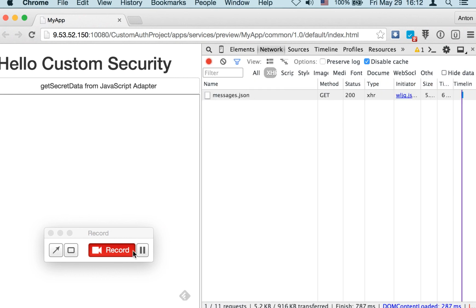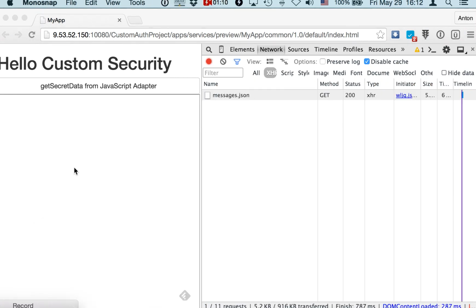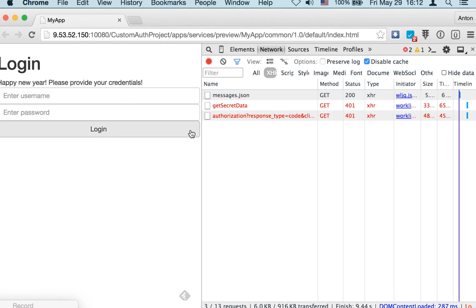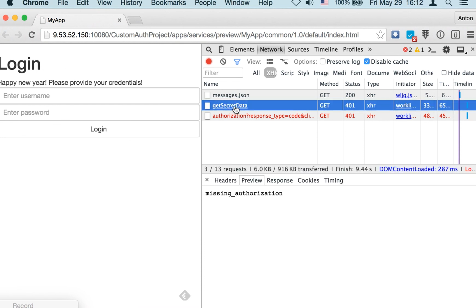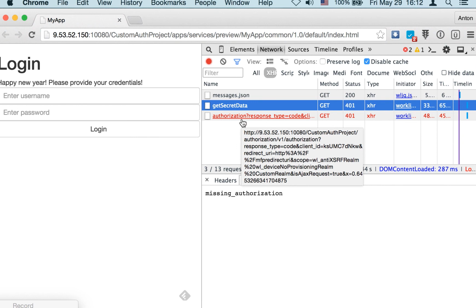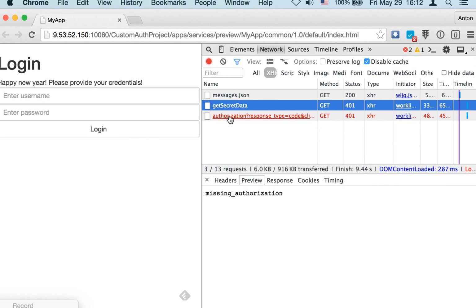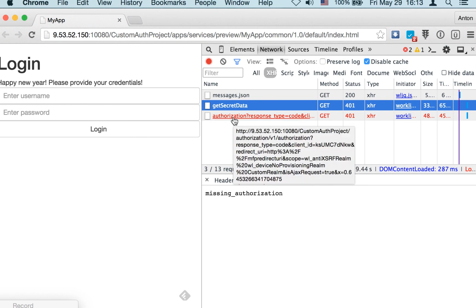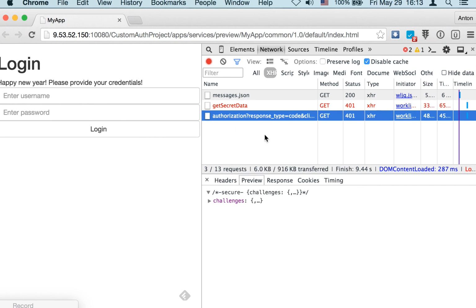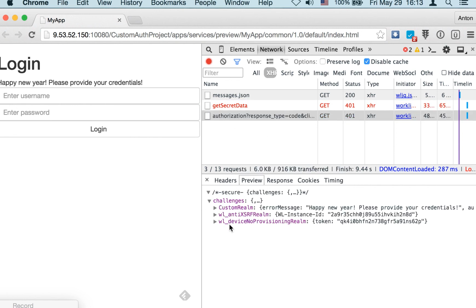So let's see how my application works. Note that the flow will be a little bit different now since we're doing the auth resource, but it's still somewhat similar. Once I click the button to get secret data, I'm getting missing authorization. The framework detects that the client requires an access token and authorization information, and it makes an authorization request to the authorization server, which is the MobileFirst server. In this specific request, it's exactly like before. I'm getting challenges for all of my realms, similarly to the previous scenario. I'm getting custom realm,